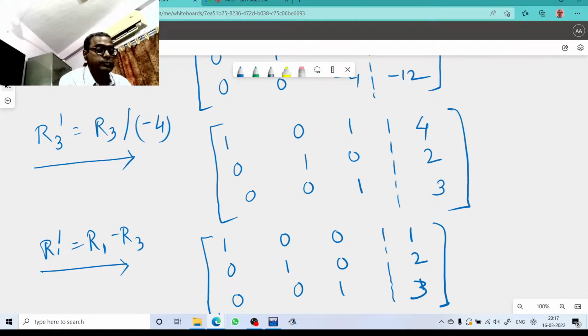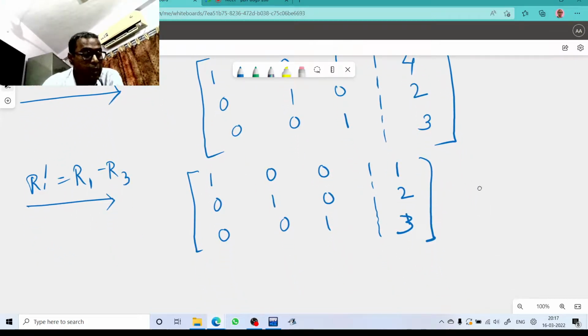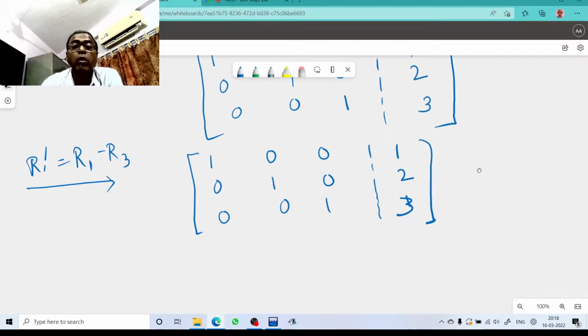So here we get the row reduced echelon form of this coefficient matrix. Actually, the purpose of Gauss-Jordan elimination is to use the three elementary row operations to convert the augmented matrix [A | b] into row reduced echelon form. So this matrix is in row reduced echelon form, and from this row reduced echelon form, clearly the solution is